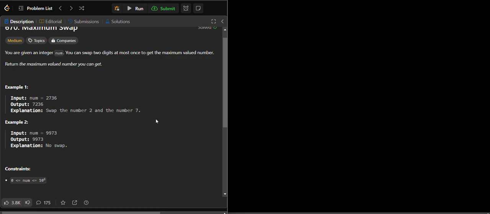Okay, how to approach this question, we will understand in Notepad. Now here the first test case is 2736. In this 2736, if you observe, for this 2 we are checking from the right-hand side: is there any digit greater than 2?